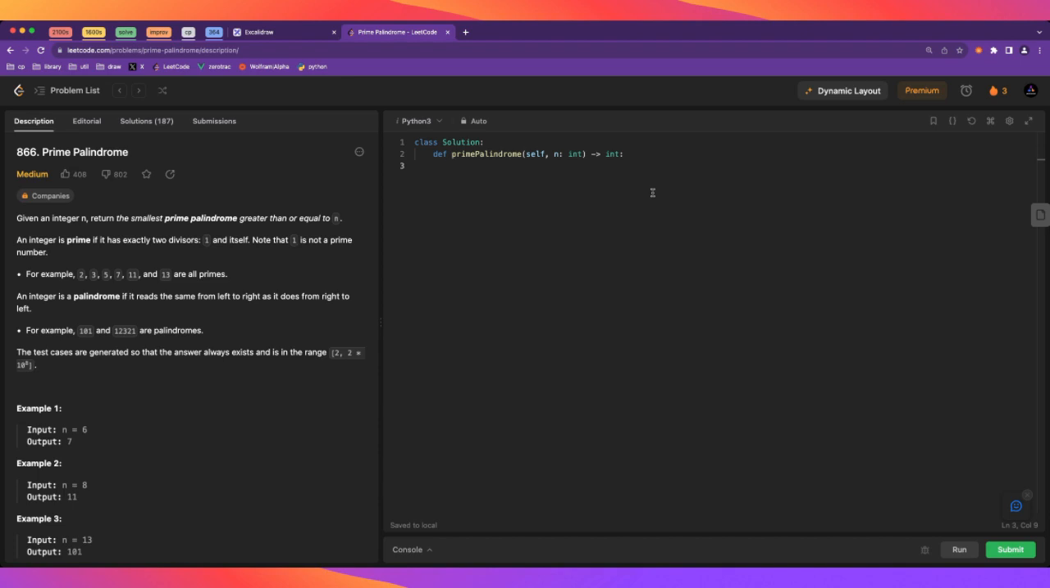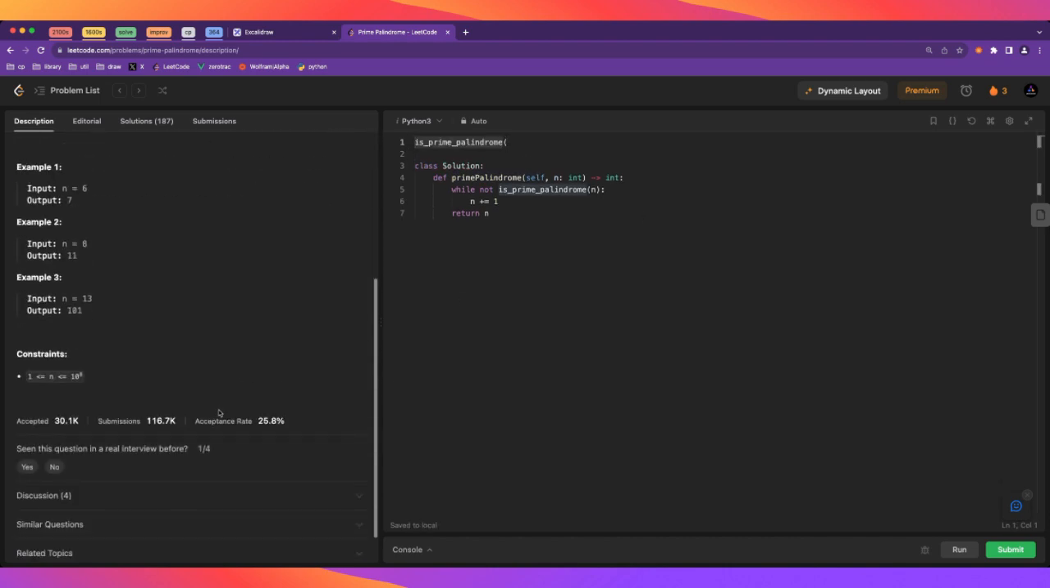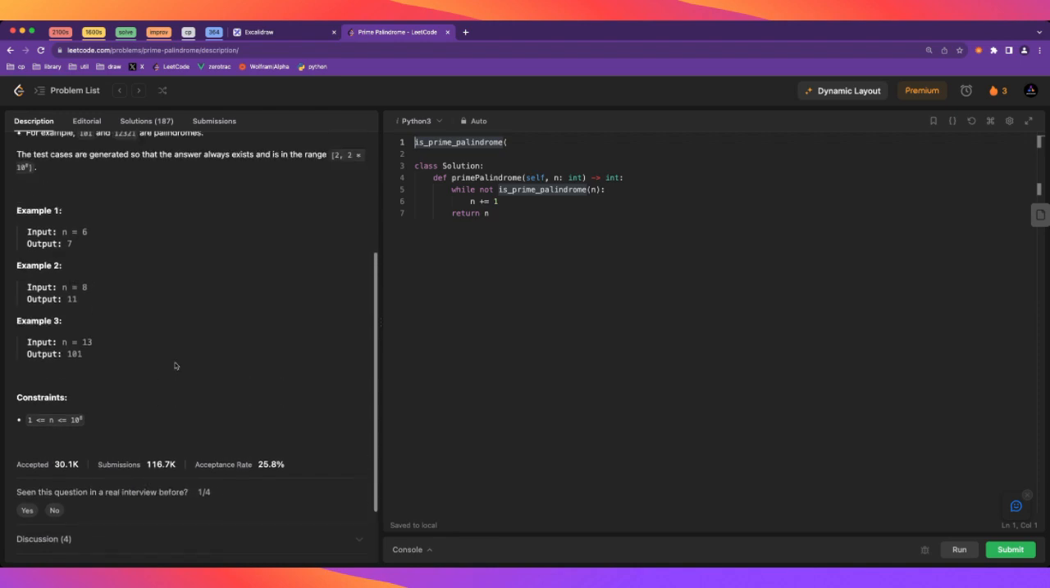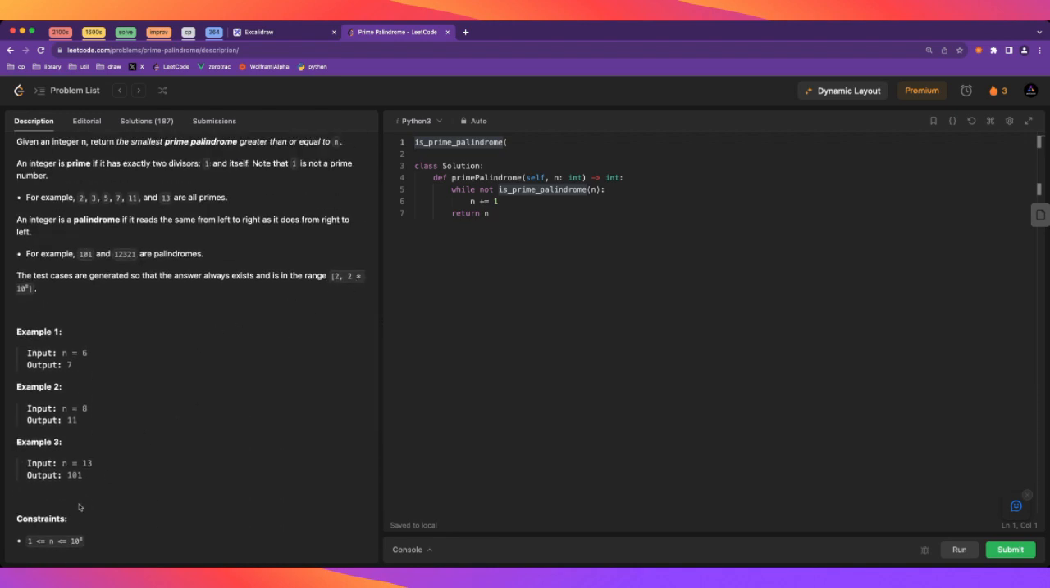So the code, if we do the simplest strategy, would be to just check: is it a palindrome? So if it is not, we increment it, and we finally return n, right? So this is probably too slow because the numbers are up to 10 to the 8,